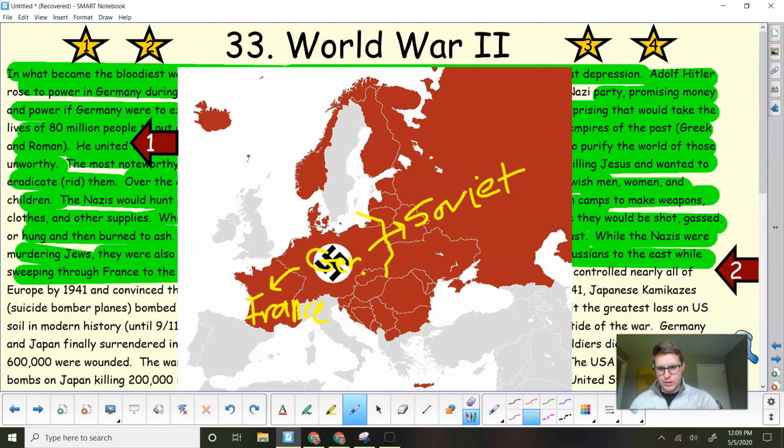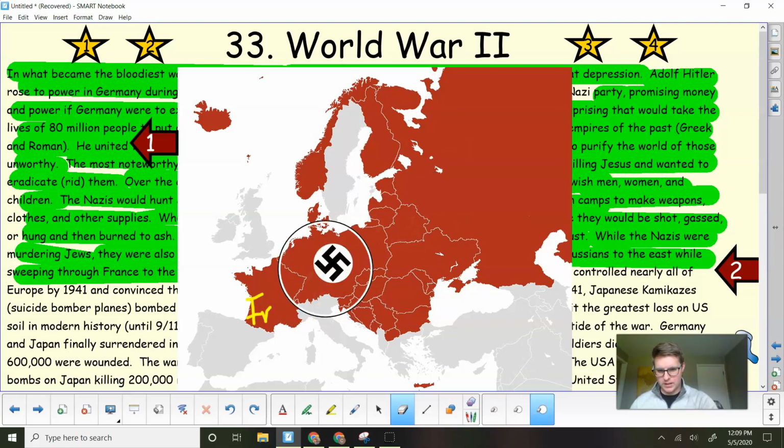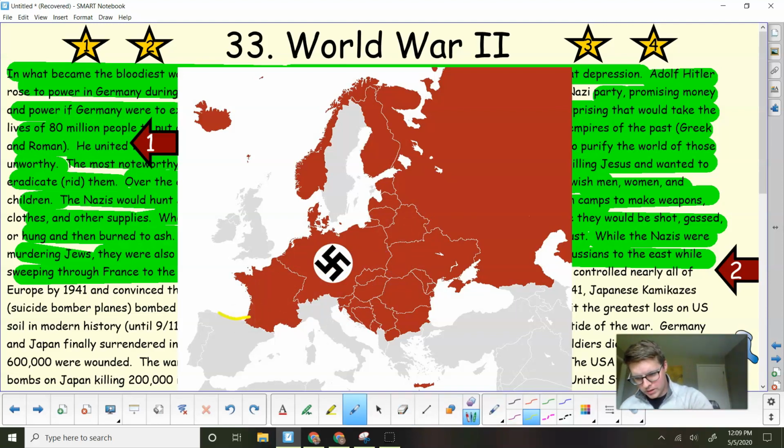Germany's fighting a war on two sides. They're fighting to the west, they're moving through France, and Hitler to the east is moving through the Soviet Union. So can you imagine fighting a war on two different sides? That'd be hard to do, right? But Hitler went through with it. Now, if you look down here, you can see,